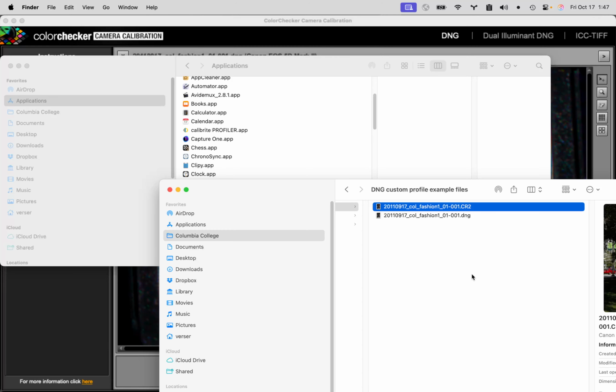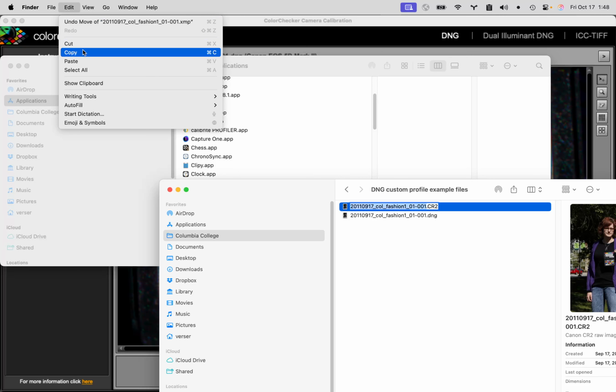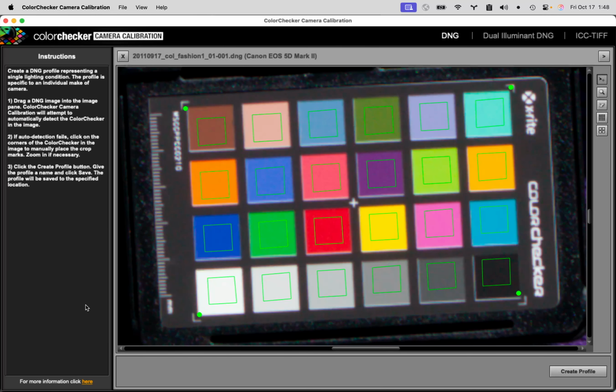No. So at any rate, I'm going to copy this name because I don't name my profiles after my sensor, which is what this program is set up to do. I name it after the shoot. That's what's important to me. So if you just hit the return key on the name, it will select everything except for the extension. Command C will copy that, Control C on a Windows machine, or go up to the edit menu and do copy. And then we're going to go back into this color camera check calibration software, and I'm going to hit